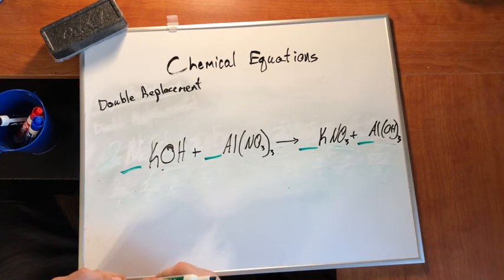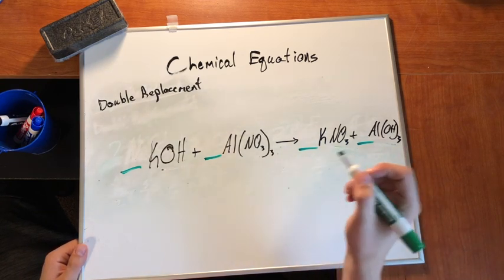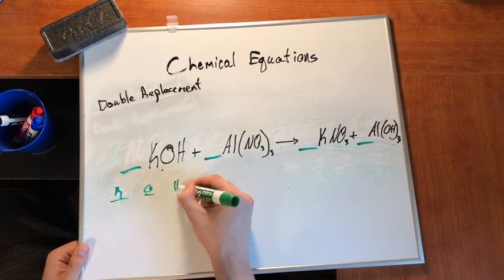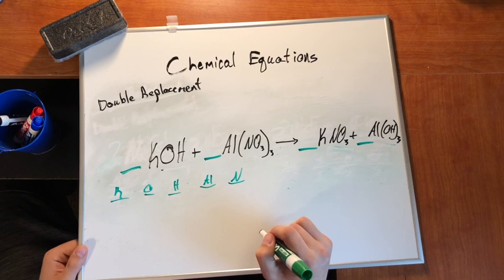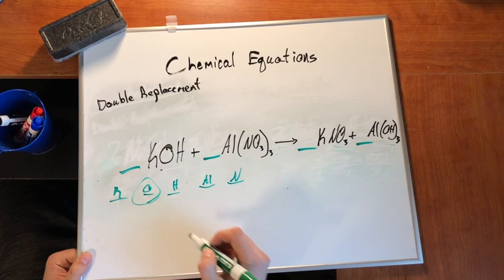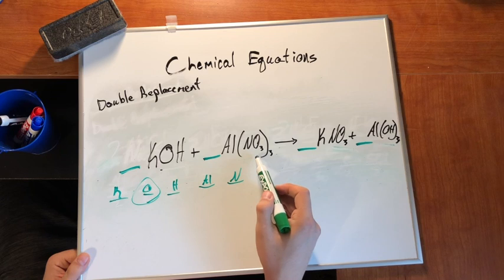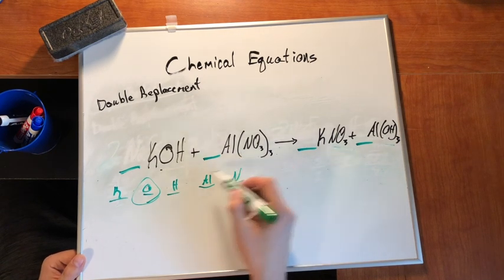Now here's a trick, a good tip for balancing equations with polyatomic ions. It can be tempting in making my table to try to set this up for individual elements. The thing is, it's going to get confusing, particularly with oxygen. I have oxygen in my hydroxide, but I also have oxygen in my nitrate. So that one might be a little complex. One thing that's important to note is that in doing this reaction,